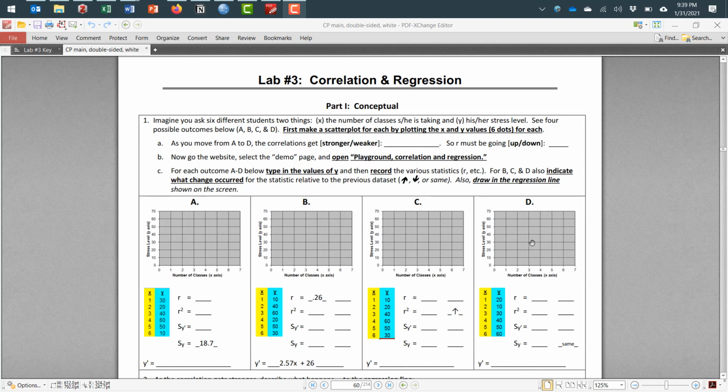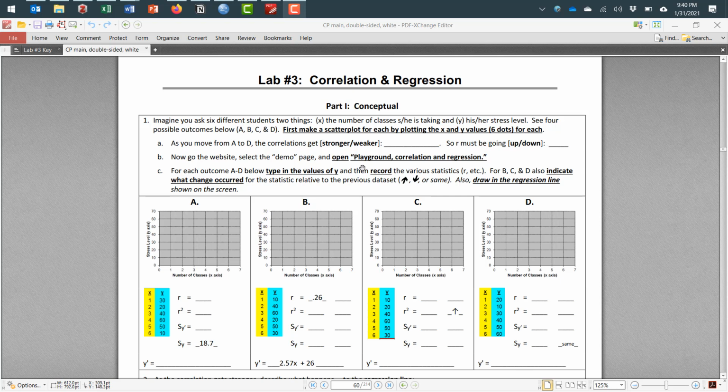All right, welcome to lab number 3. This is just your walkthrough of what's going on in the lab. Part 1 is not using SPSS. We're going to use an Excel spreadsheet that I created that'll help you walk through this. The link to it should be right inside the Schoology folder where you find